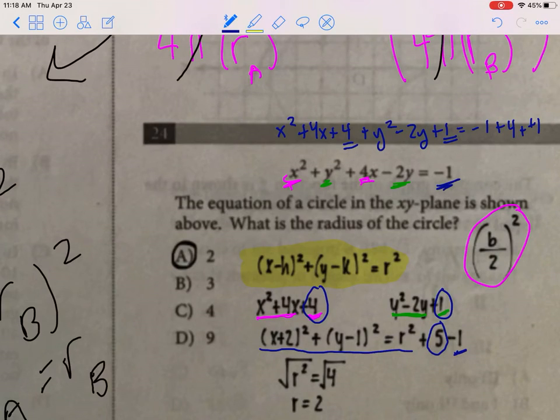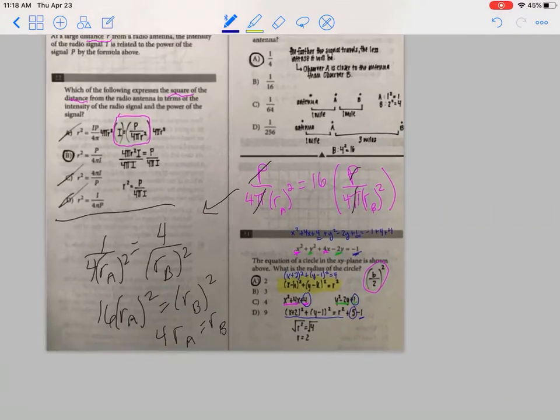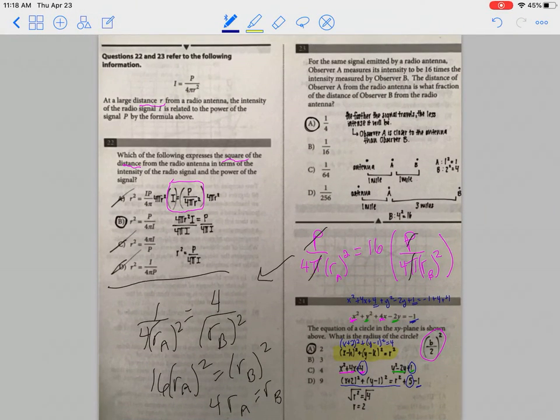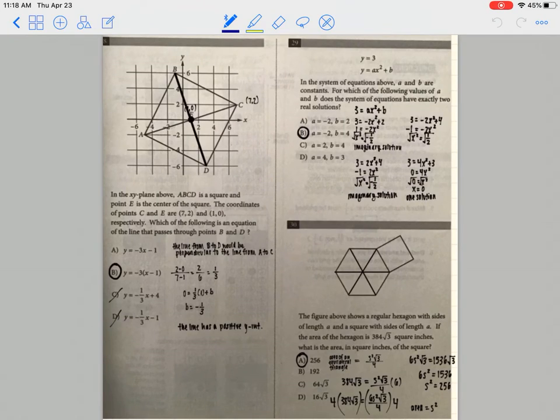And that should leave you with this equation in the correct form. That would be a 1, sorry. And the radius squared is 4, so the radius is 2. So that's something you should be practicing as well. Besides that, the last couple questions that came up